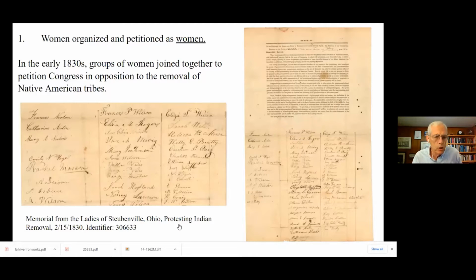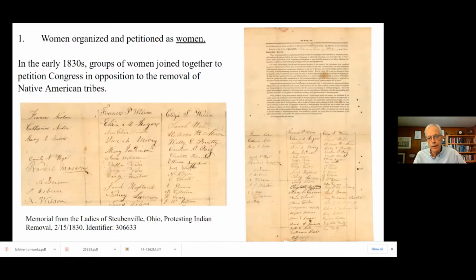In 1829, Andrew Jackson, in his annual message to Congress, called for American Indian tribes to be moved out of the eastern half of the United States, to be pushed beyond the Mississippi. Ultimately, when this took place, we call it the Trail of Tears. But as soon as President Jackson made this announcement, women began to protest. The petition you see on the screen now, although it's too small to read, we'll look at in a bigger form in just a moment, is a petition that was created by a group of women.